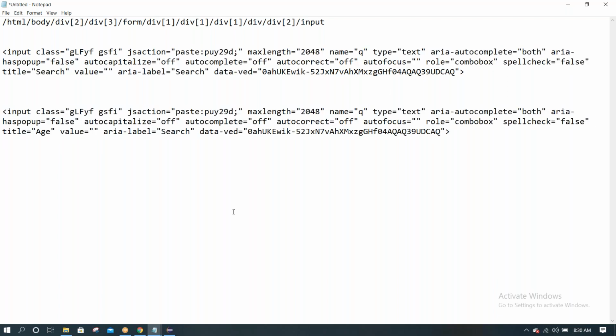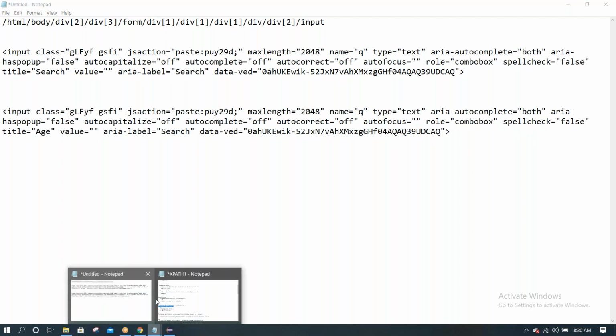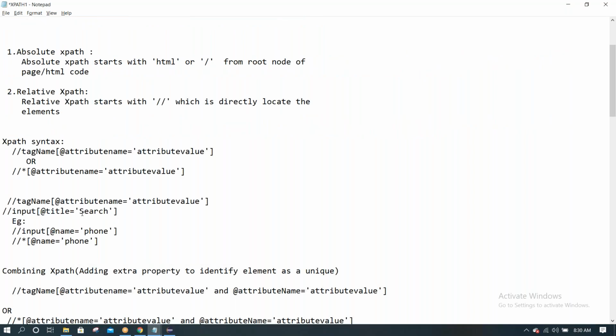We can use any attribute to write the XPath syntax. Why are we writing the XPath? To identify the element uniquely. The name locator might be common for other elements. Then using the other attributes, we can write an XPath to identify the element uniquely and complete our action. To complete our programming, we need to write an XPath.